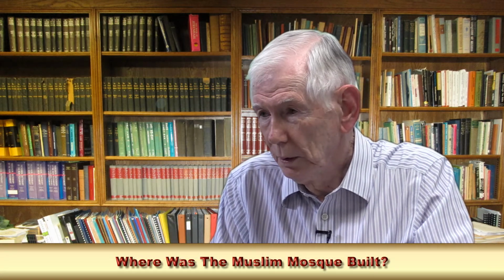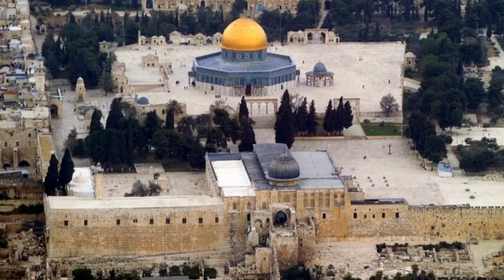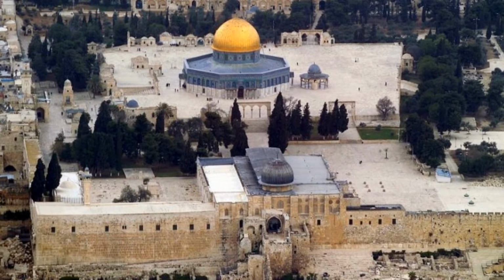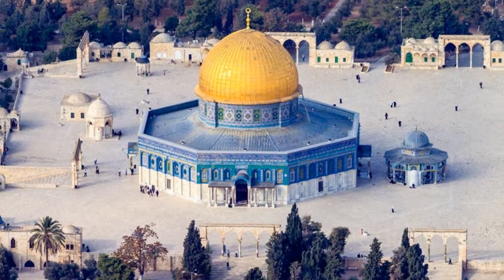Where is the Muslim Dome of the Rock in relation to this? Well, it's pretty much in the middle. If you go back to that first slide, where we looked at Wilson's topographical map, it shows, and remember, Mount Moriah came down like this to a point, and so they had to fill in all this to build that massive platform. But way in the back, more than halfway back, is the rock that sticks up, which everybody wants to believe is where Abraham offered Isaac,